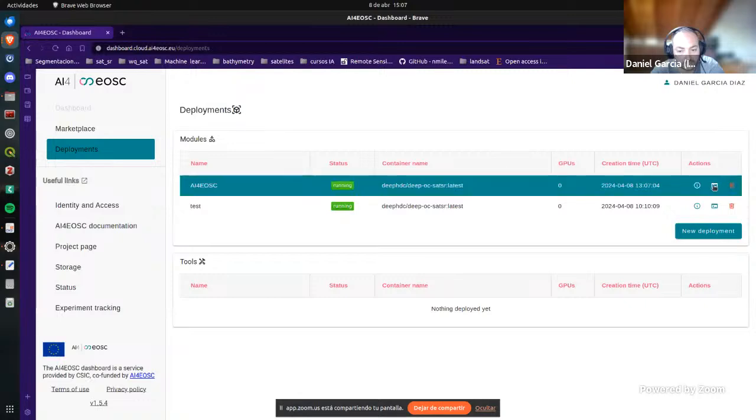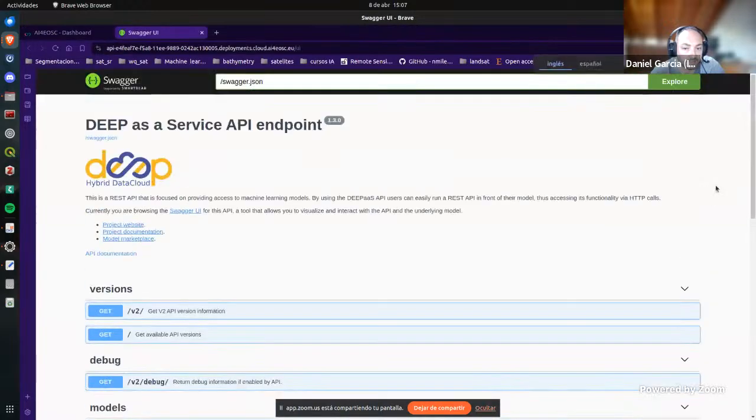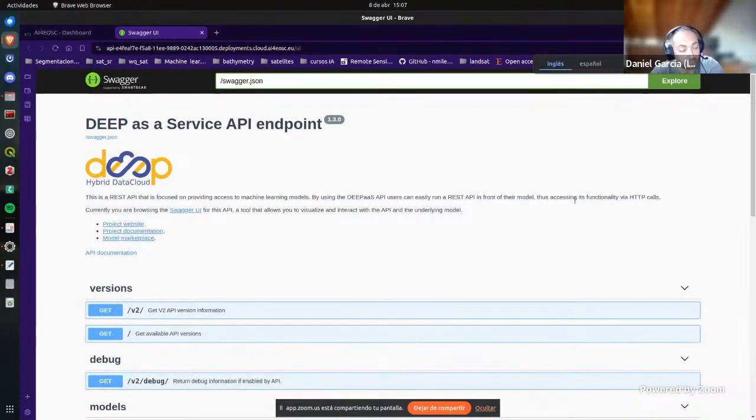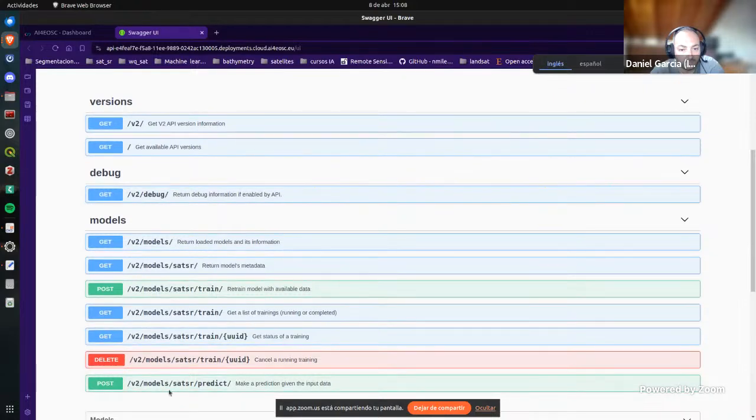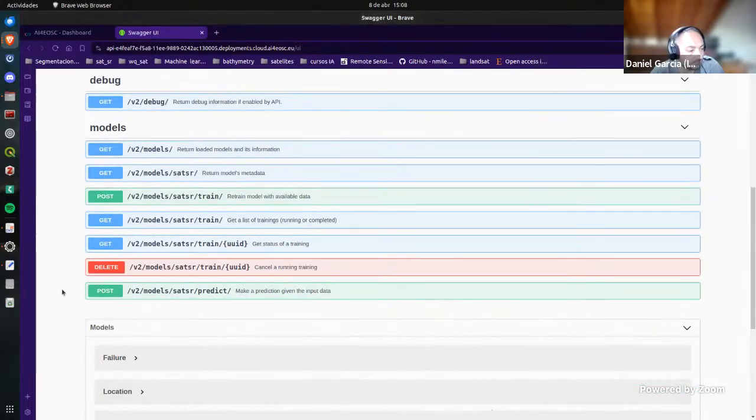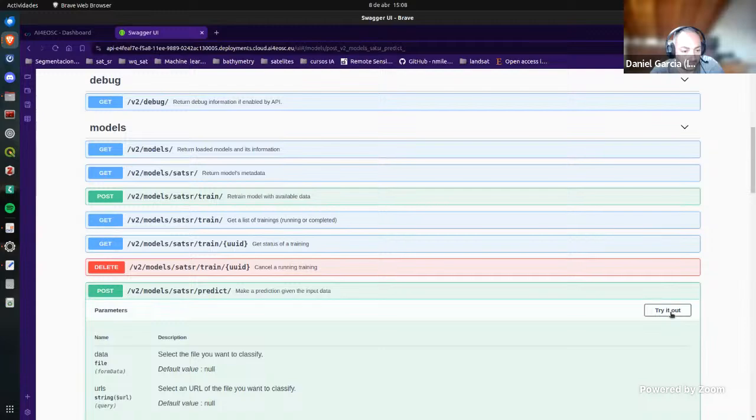Okay, it's okay. So here, clicking in this button in Quick Access, we enter into the super resolution tool, and here we can find different options. For example, to retrain the model, or if we already have one training, also information about the status of the training. Finally, the last button, this one, is to make predictions and to enhance the resolution. If we click on predict and also in try it out,